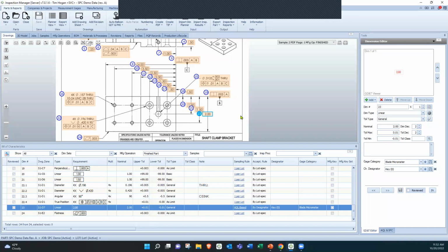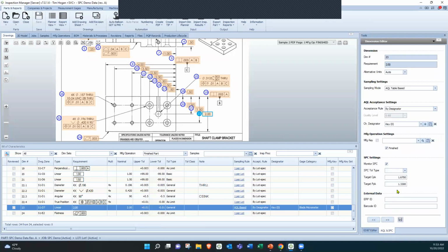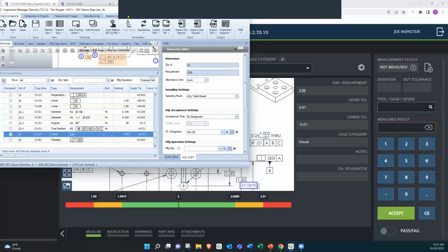Getting the data back into the database allows us to analyze it in a different way. Do you want to just include it into an FAI? No problem. Would you like to track statistics? We can do that as well. For example, again, I just selected this, and over here is where we entered the information in, right? Same exact screen. But down here at the bottom, we have AQL and SPC. If I click on that, all we need to do is click on this little button right there, check that box. And for every box that's checked,